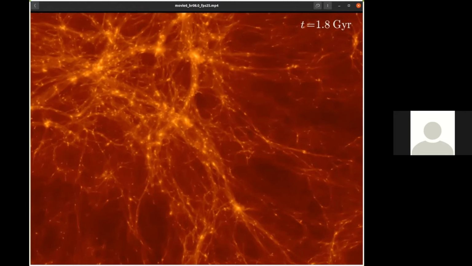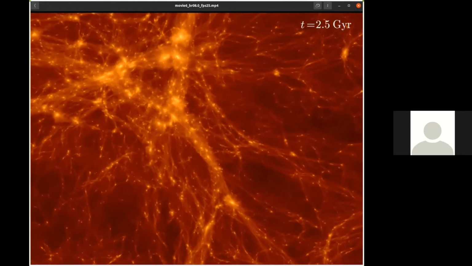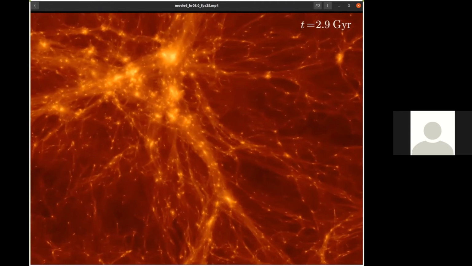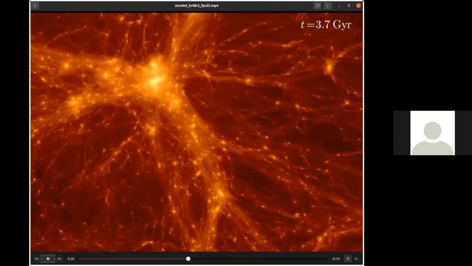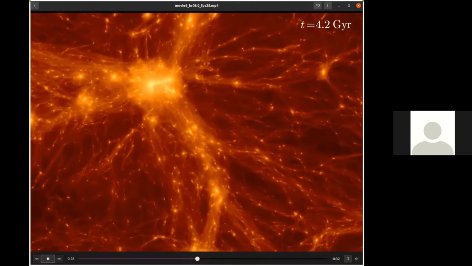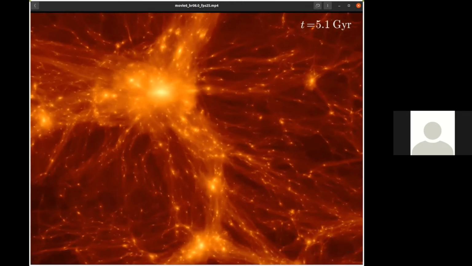And there are many of them. You can see that there's all these tiny ones because those tiny fluctuations take less time to collapse. And slowly these things are merging together and coming together over time. You can see that over on the side here, it's getting less dense. And now we've started to form our main dark matter halo. You can see its center is right there. And it's accreting matter all from its surroundings.